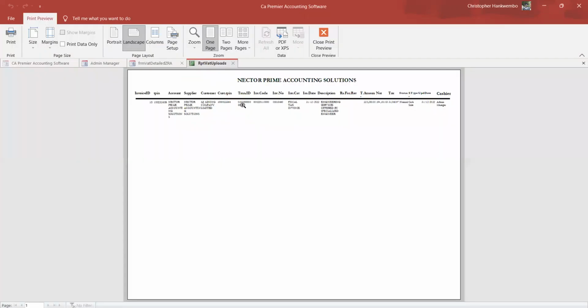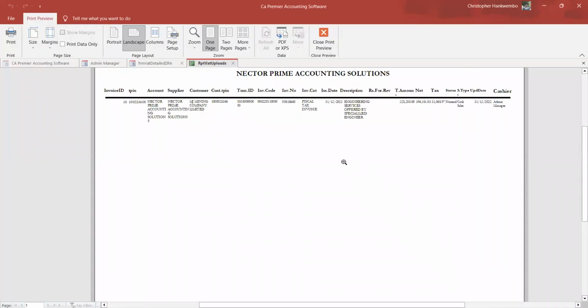So this is the ZRA report, which analyzes those amounts. Again, they will come like this. In more detail, invoice number, invoice code, and whatever, it will come like that. That's why it's important to take it into Excel so that it becomes bigger and you are able to see. It shows you even the person who created that invoice. In this case, I'm the admin manager who has created that. Sales type, if it's cash, is cash. If it's credit, it would have shown like that. Whatever you agree, all the parameters are there.